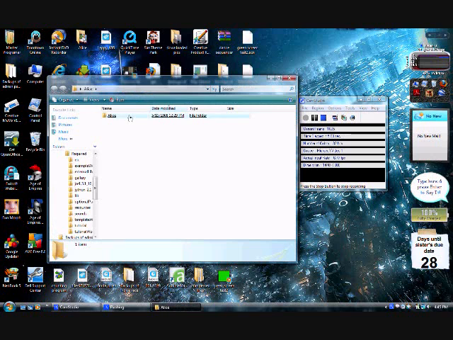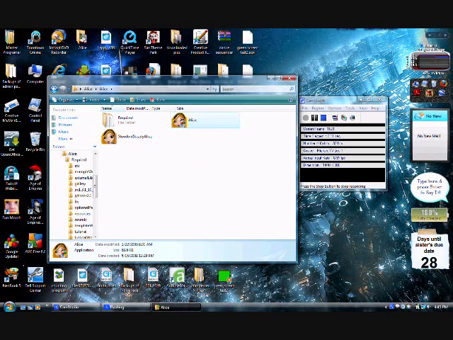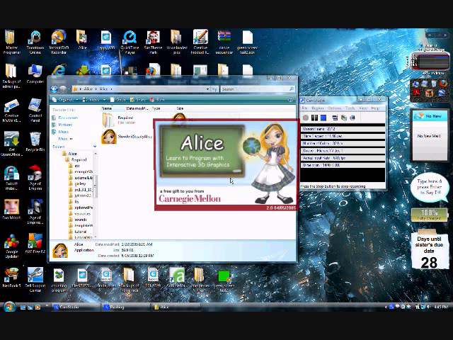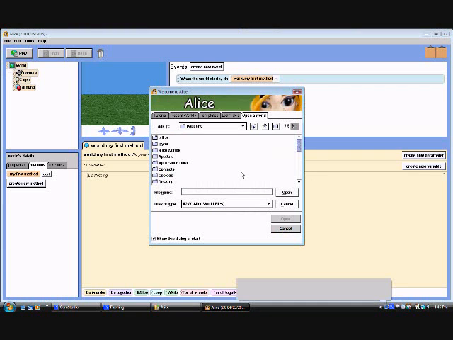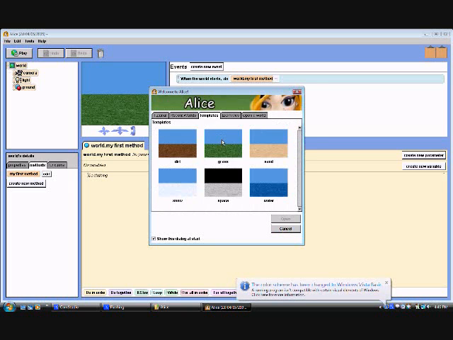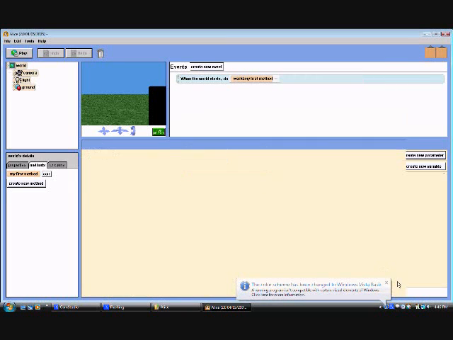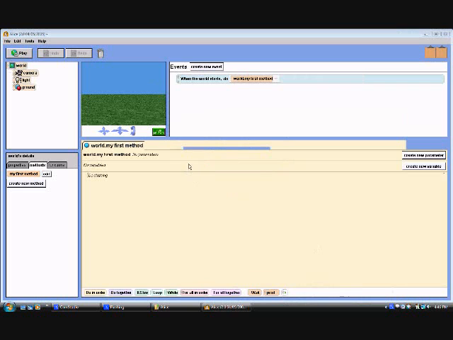Before we do anything, I just want to say I'm running this on Windows Vista, so it's going to be a little glitchy. I'm also using Cam Studio to record this, so it's maybe a little skippy and the quality's not great. So we just start with an empty world, of course,